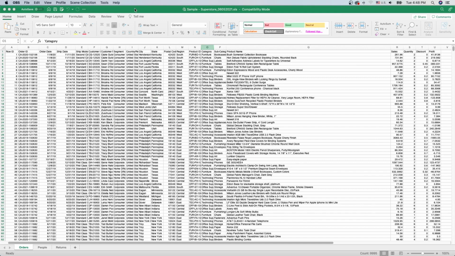Let's preview the sample superstore data that we are going to work with. This Excel file has 3 sheets: orders, people, and returns. We are going to use the orders sheet. The first row is column headers. The first few columns are qualitative data,